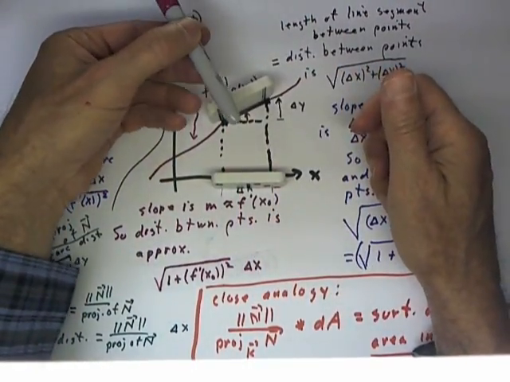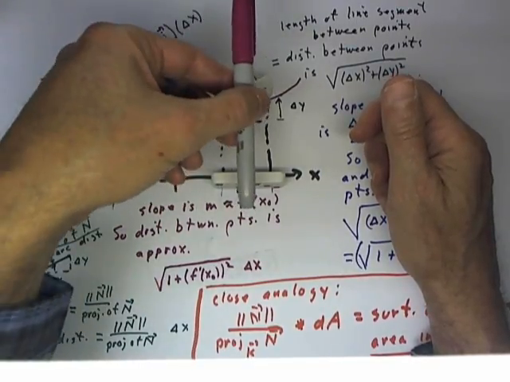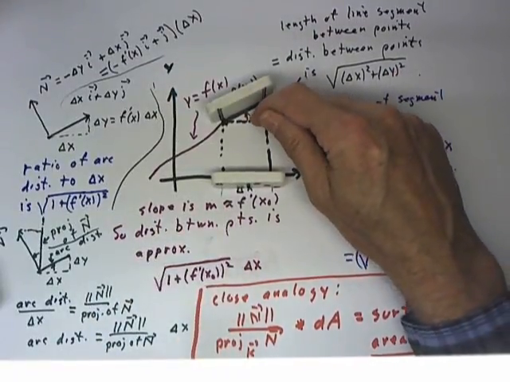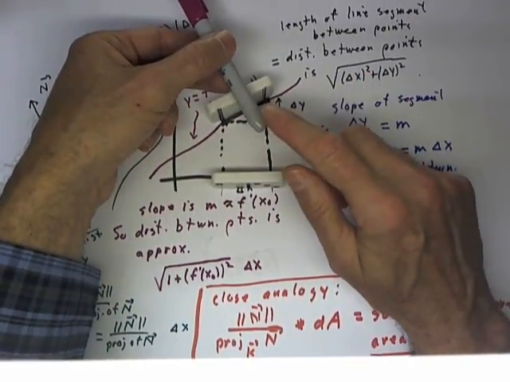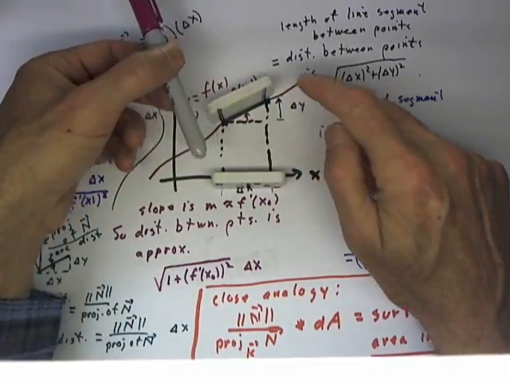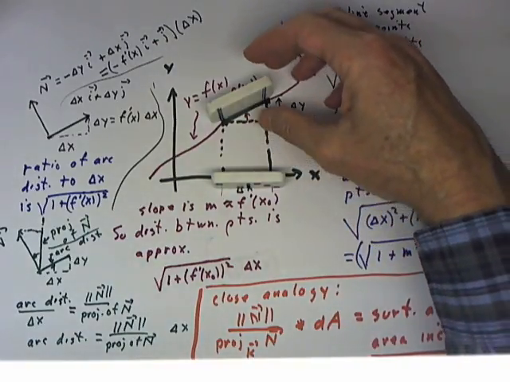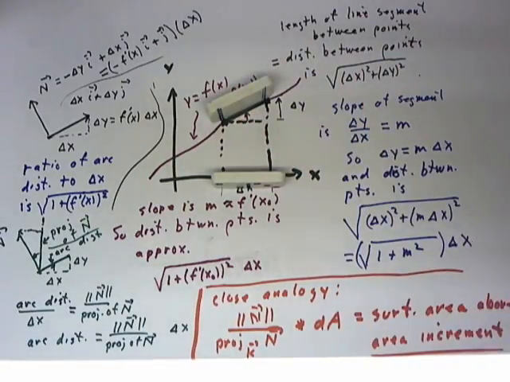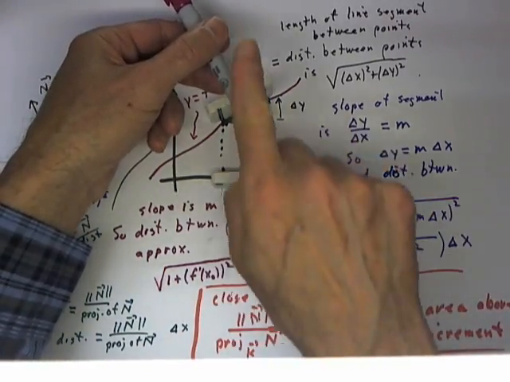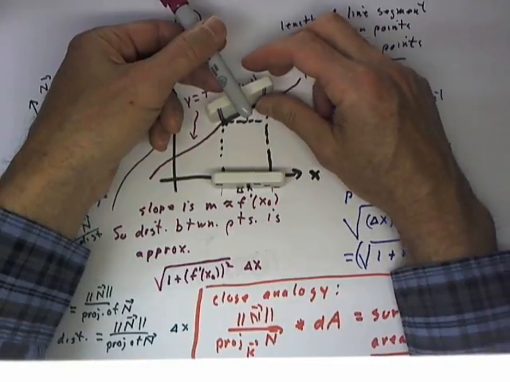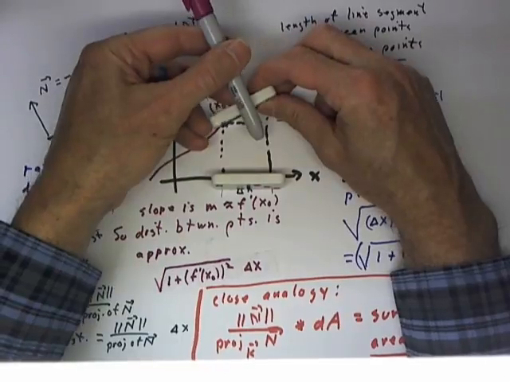So what we're going to say is we're going to talk about the angle between the normal vector to this domino and the normal vector to this domino. That's going to be the same as this angle, but that angle is going to be the angle between the normal vector to this surface and the z-axis. In this example, the domino has a normal vector in the xz plane. If the domino is also tilted so that its normal vector comes out of the xz plane,